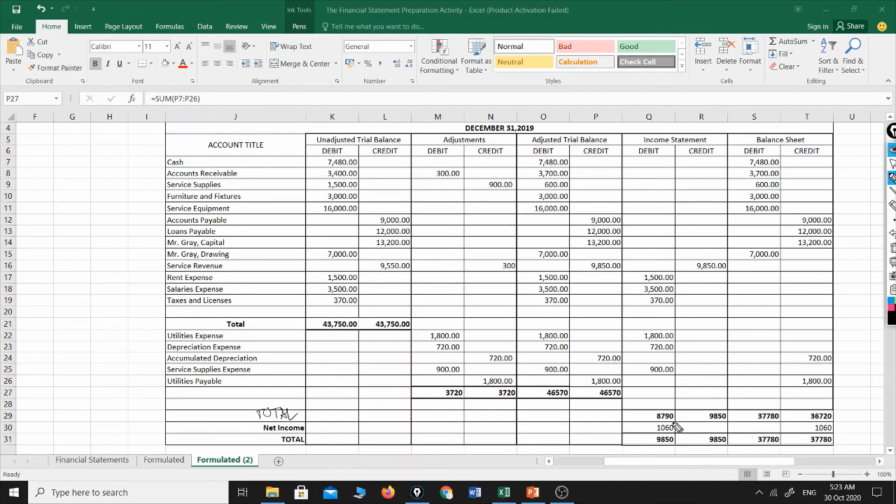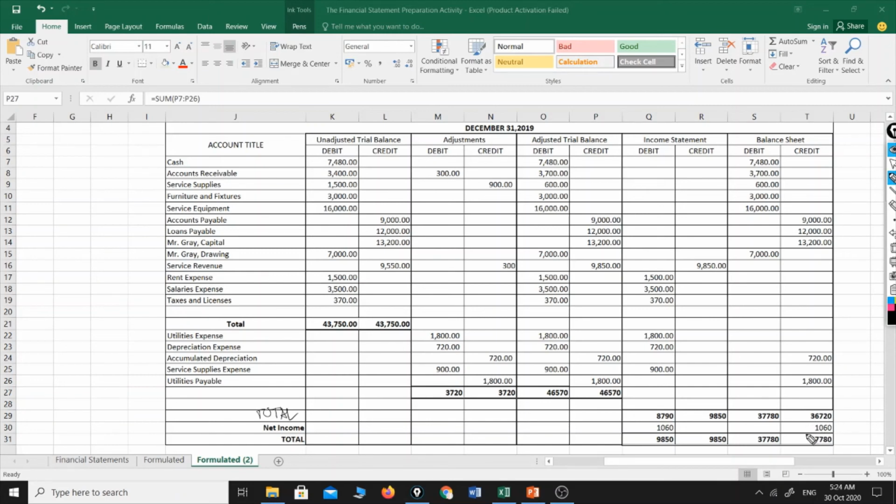So we have a debit total amount of 8,790, while the credit amount is 9,850. The same with the balance sheet, we should also total its debit column and credit column. So we have a debit amount of 37,780, while the credit amount is